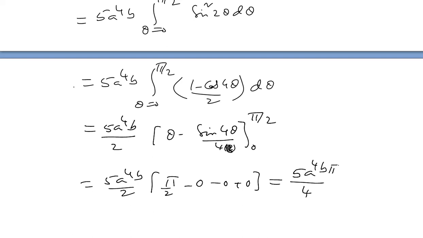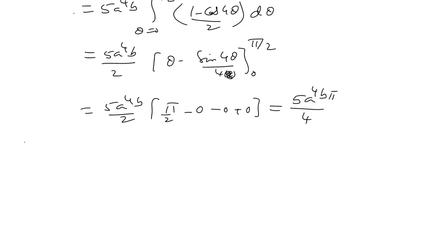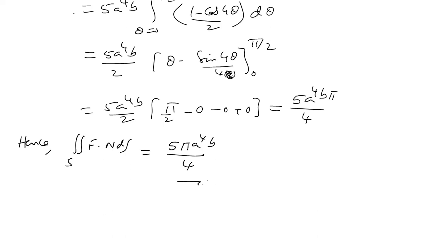So what is the conclusion? Hence the double integral of f dot n ds, nothing but the given problem, is 5 pi a power 4 b by 4. This is the answer. The left hand side is nothing but the given integral. So in the similar way